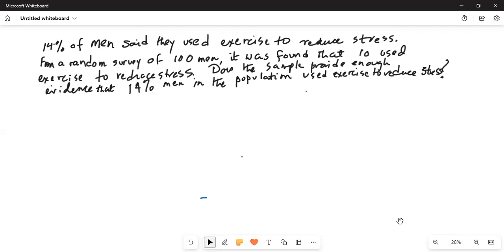Fourteen percent of men said they used exercise to reduce stress. From a random survey of 100 men, it was found that 10 used exercise to reduce stress. Does the sample provide enough evidence that 14% of men in the population used exercise to reduce stress? Okay, so this is a hypothesis test. My educated guess is